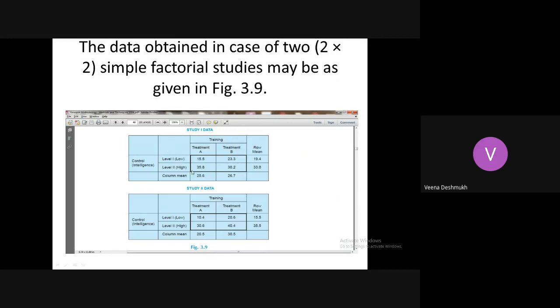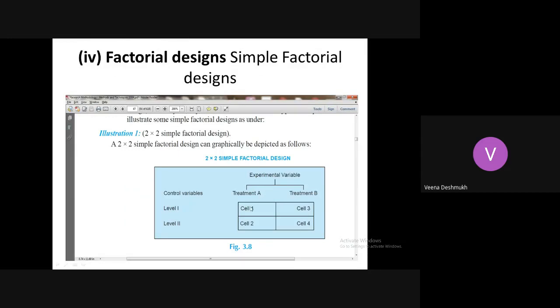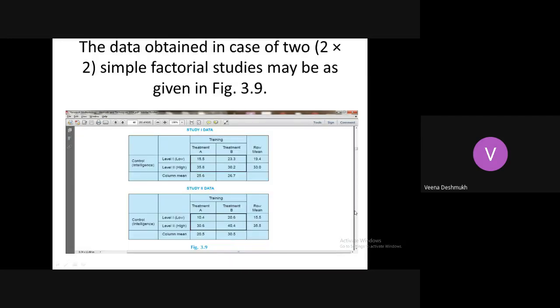So here is another case study, where we have treatment A and treatment B, and for each treatment you have two levels. Say teaching a particular subject, like in your studies, simple control engineering teaching.